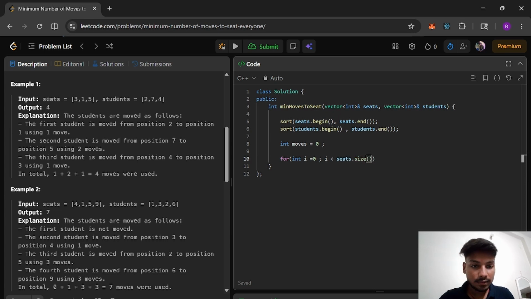You can take any of the arrays here, as the length of both the arrays is always the same. Then i plus plus,